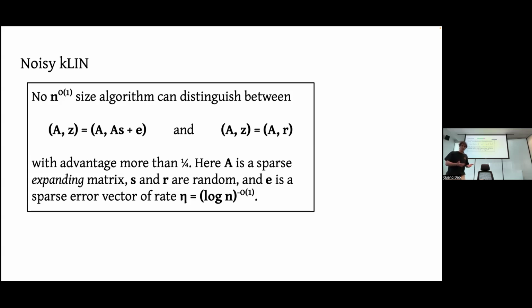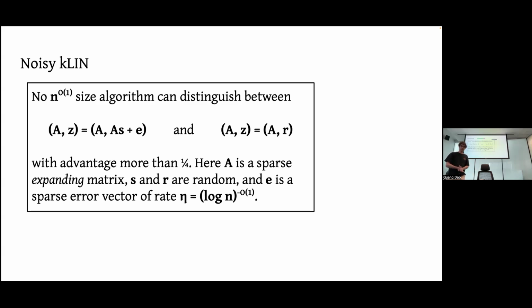In the noisy k-LIN problem, at a high level, we're conjecturing that no polynomial size algorithm should be able to distinguish between a pair of a matrix and a vector, where the vector is a noisy sample, the matrix times a random secret plus an error term, and another distribution where the vector is just taken completely at random. Now we say with advantage more than 1/4. Actually, the conjecture is even believable if we replace this with negligible, but 1/4 is all we need for our